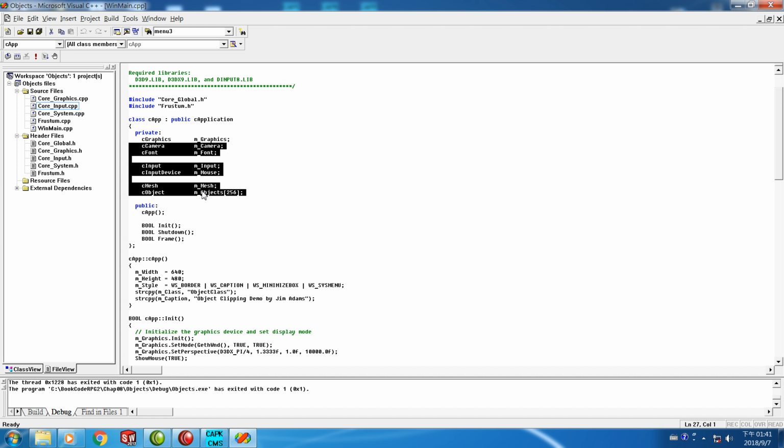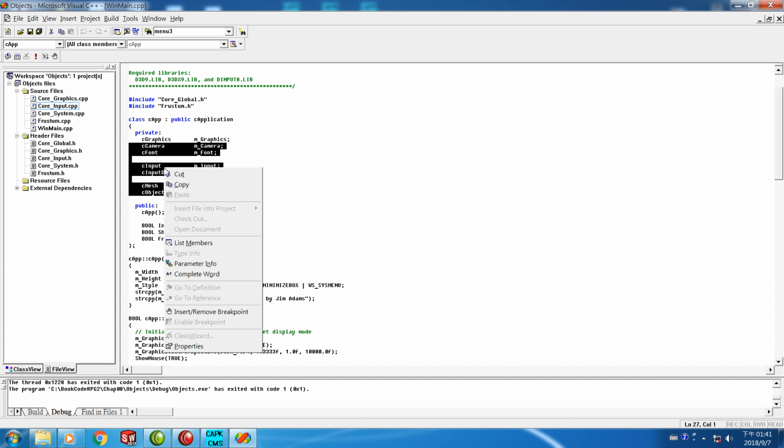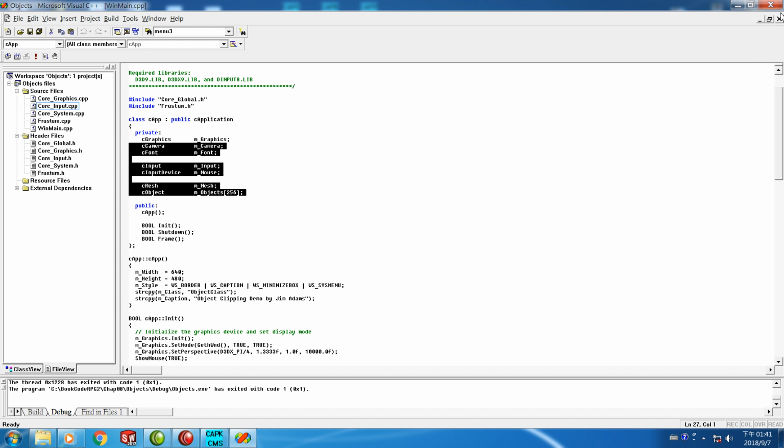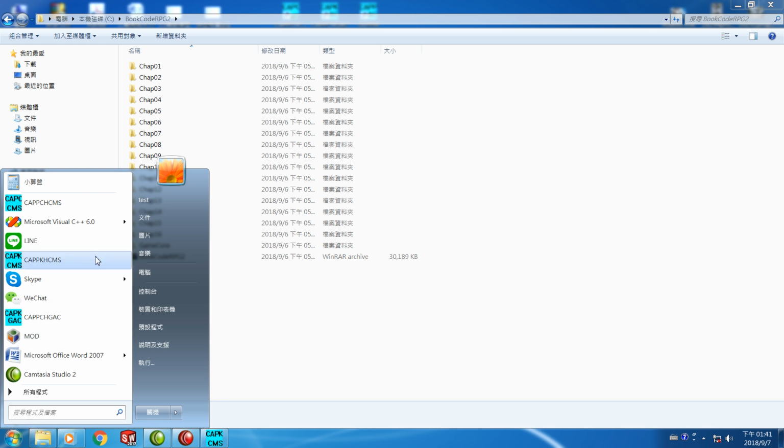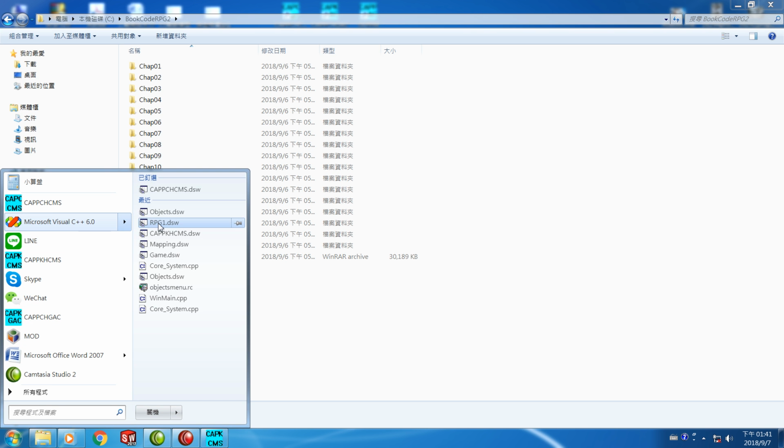Each object is created from a single mesh. So this is what we need to copy. Okay, we highlight the area and press the right key and press copy